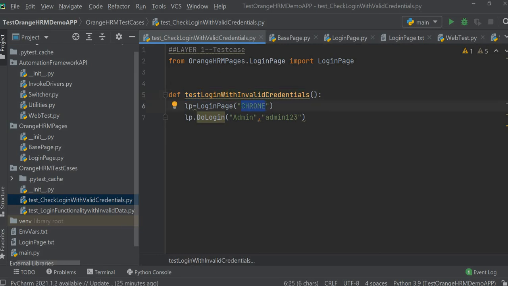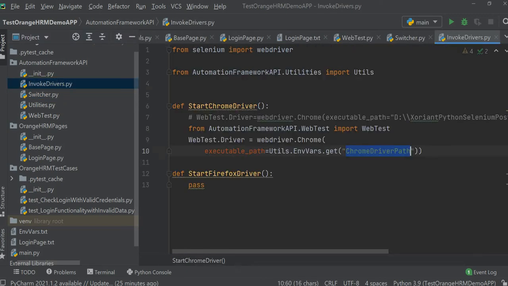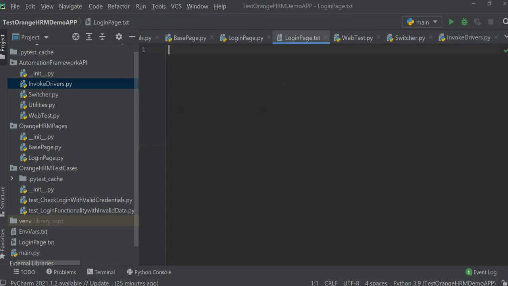CHROME. Okay. Then in our switcher, we have got CHROME. Start Chrome driver. Correct. Invoke drivers. And we have already given it an executable path. Chrome driver path. It is okay. Let me see the, oh, how did I get this blank?